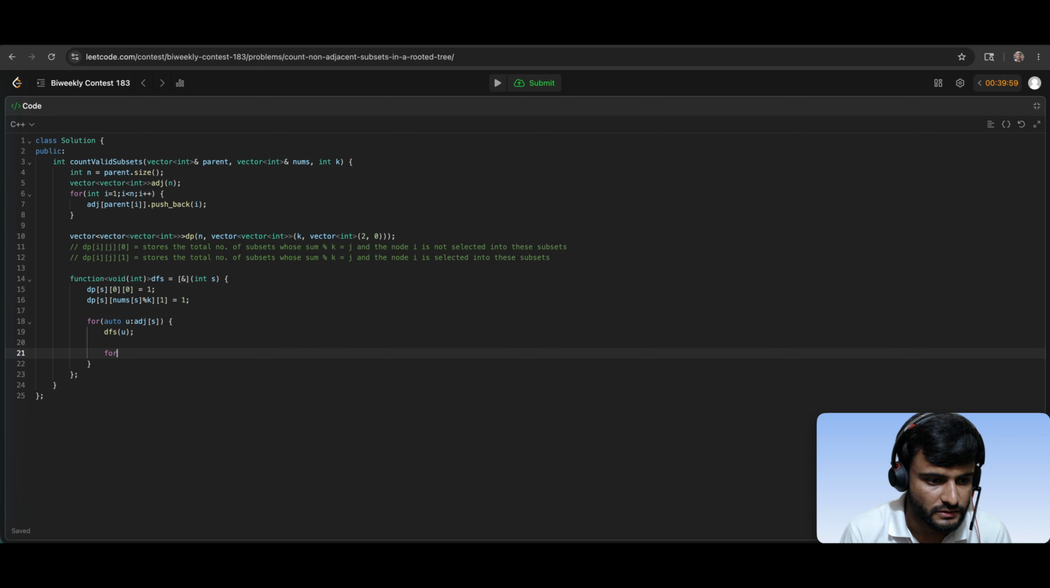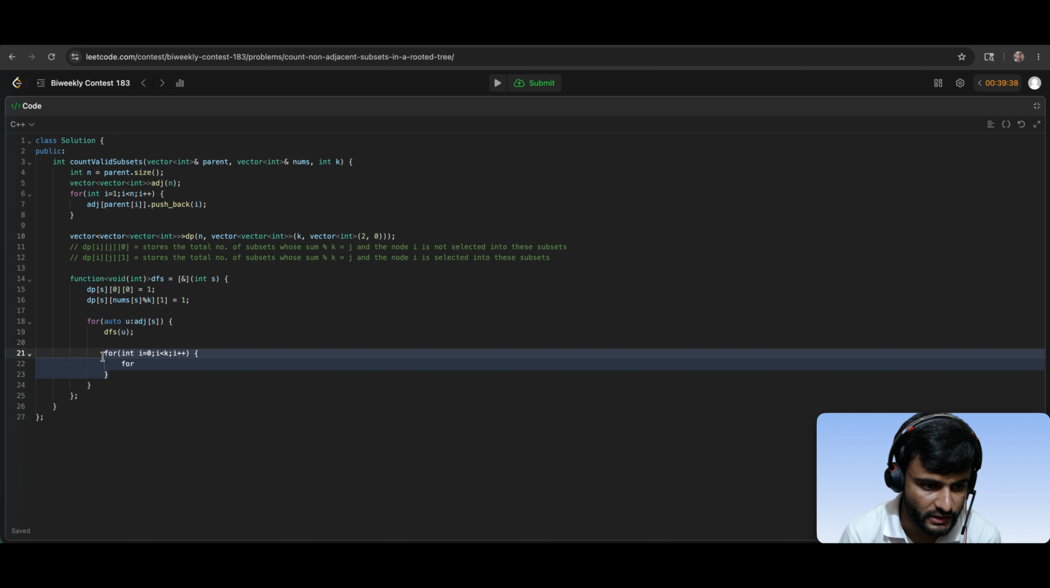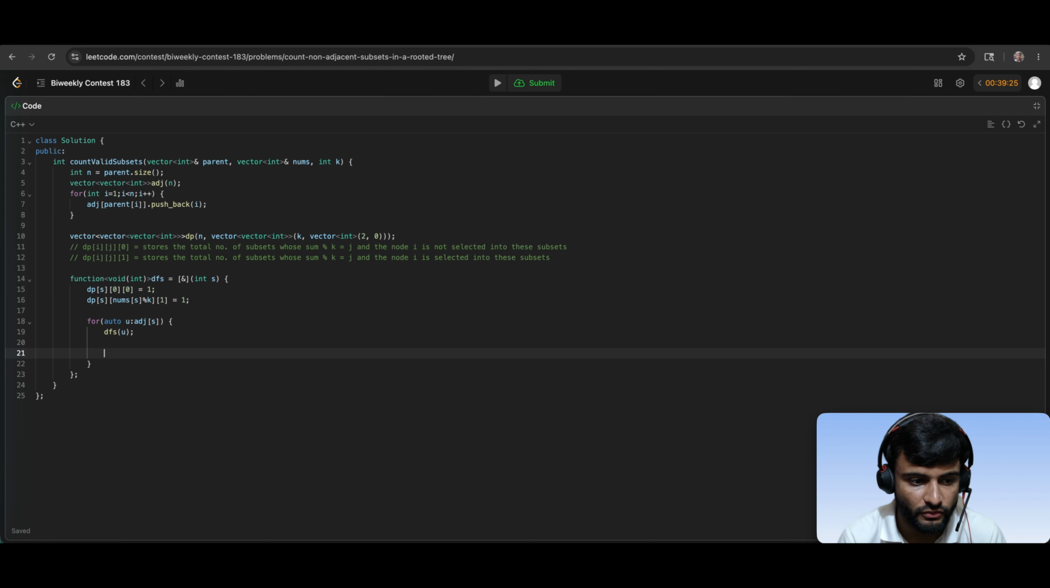Okay. So we will iterate over all the states of child u, right? And here we are trying to do dp merging, right? We are trying to merge the dp states of child u into the node s, right? So how we can merge is, let's first define